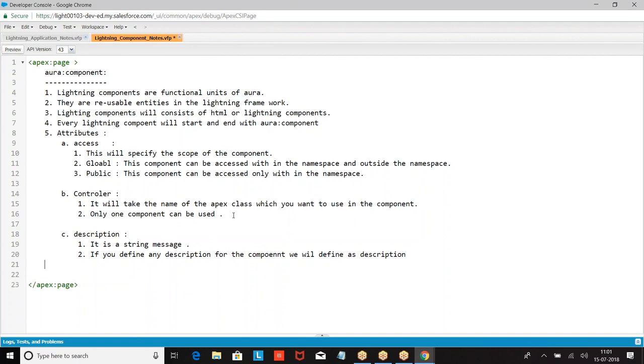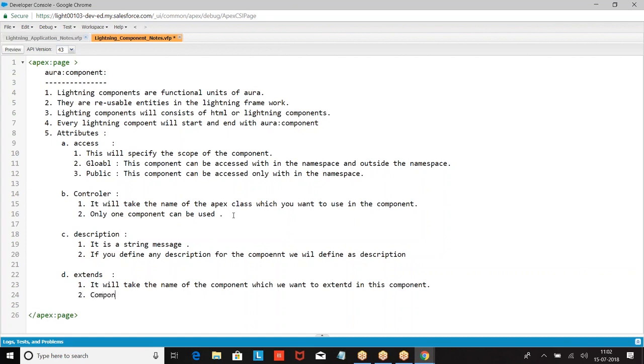Then what is the next element we had? Extends. It will take the name of the component which you want to extend. A component can extend only another component.